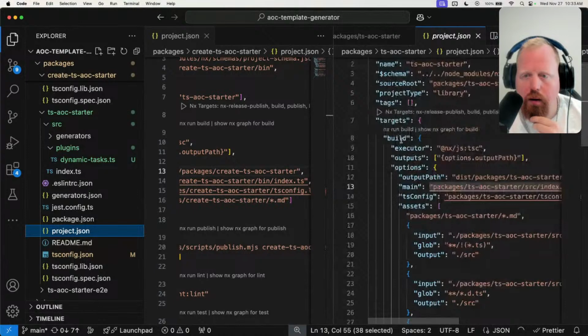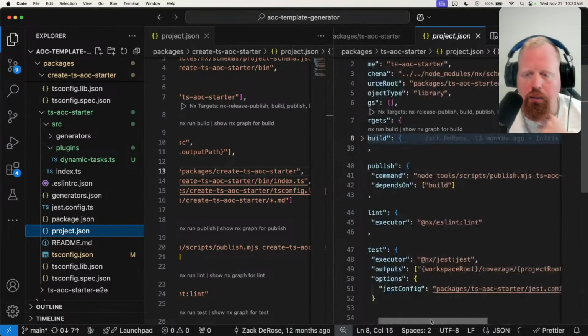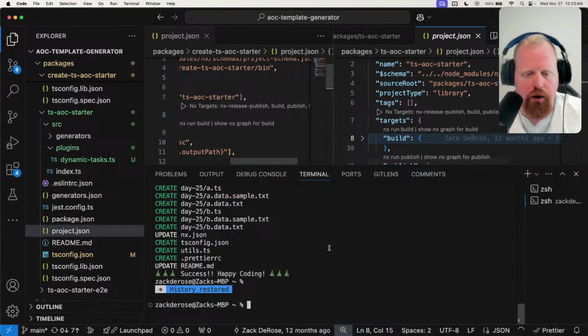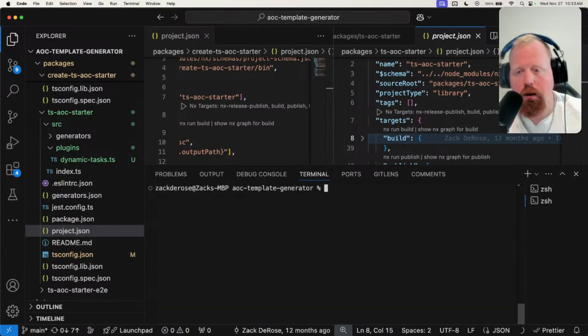If we look at build, publish, that depends on the build. I wonder, let's try this. So we need to CD into this one. So if we did index run many publish,